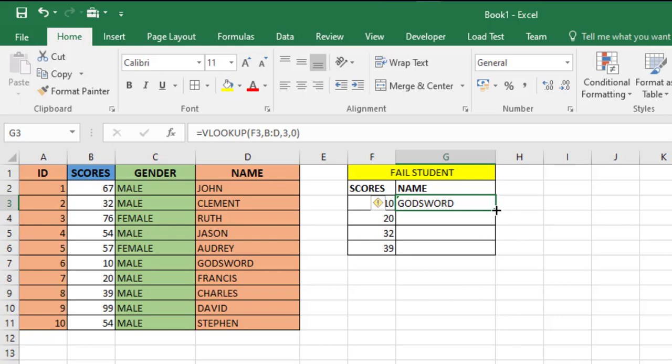So let's autofill and see something. Good. Now you see that everything is working perfectly here. So 20 is for Francis, then 32 is for Clement, then Charles also gets this. Good. But there are some instances whereby